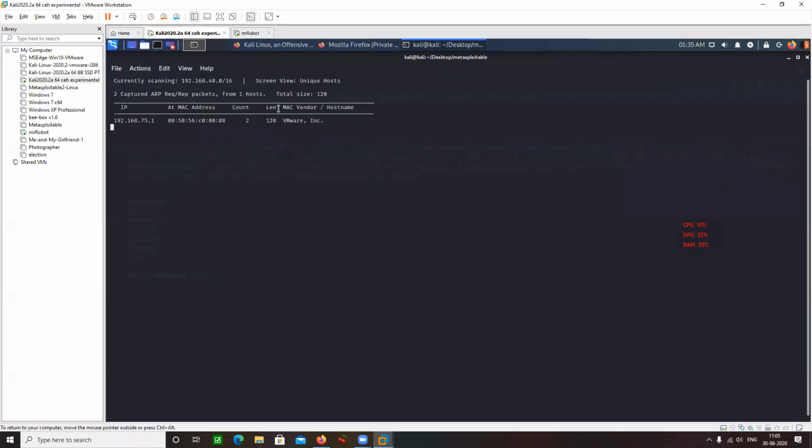If anytime you want to see what the underlying mechanism is, how a tool is working behind the scenes, you can always fire up your Wireshark, fire up your tool, start sniffing, and you can see what is happening behind the scenes, what kind of packets are being generated by this tool.